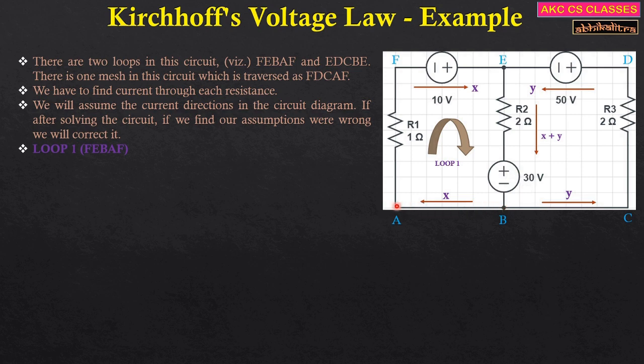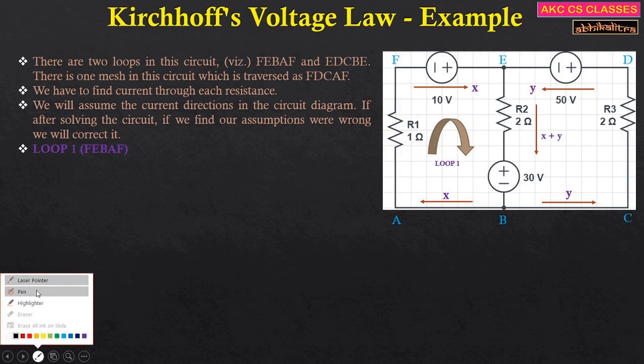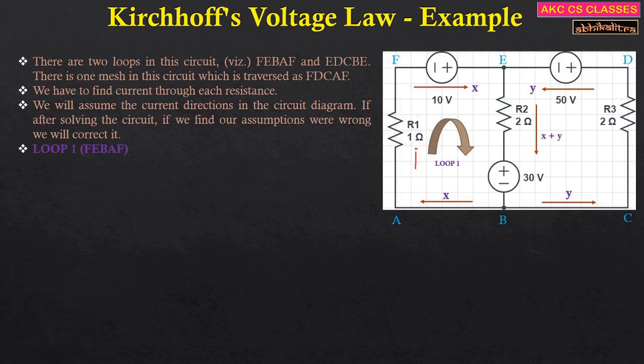So now if we move from B to A, there is no circuit element, so we are clean over here. Now again, when we move from A to F, we see that we have encountered a resistance, and the direction of the current is also in this particular direction. X is moving in this direction, that means it will move from A to F, and our direction of movement is also in the same direction. So we are actually moving from a higher potential to a lower potential.